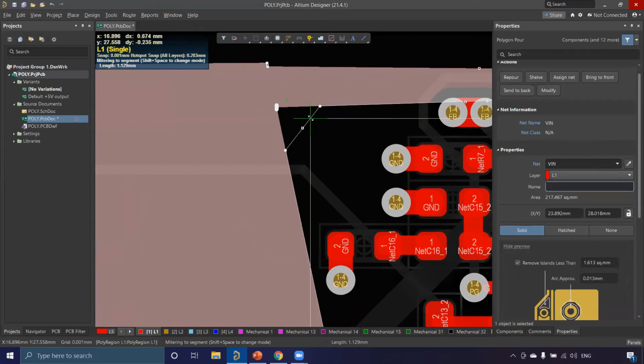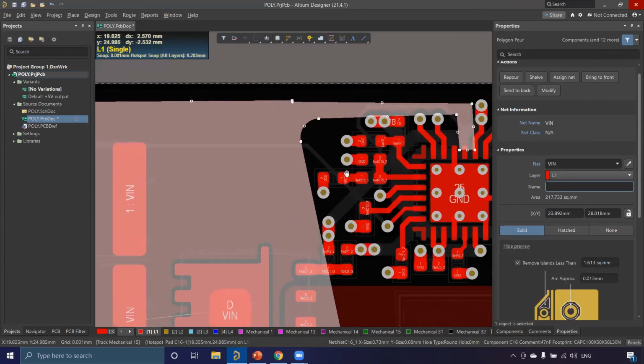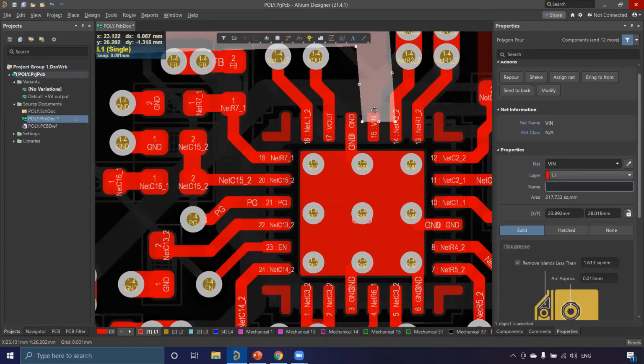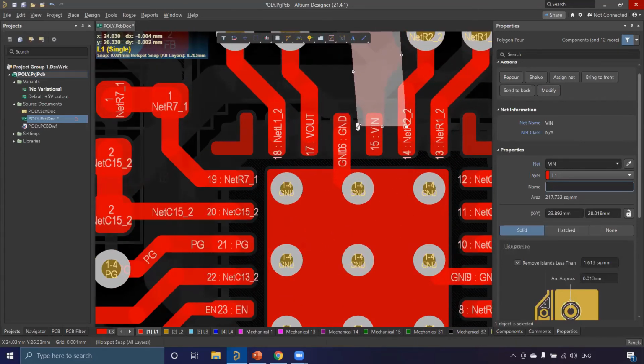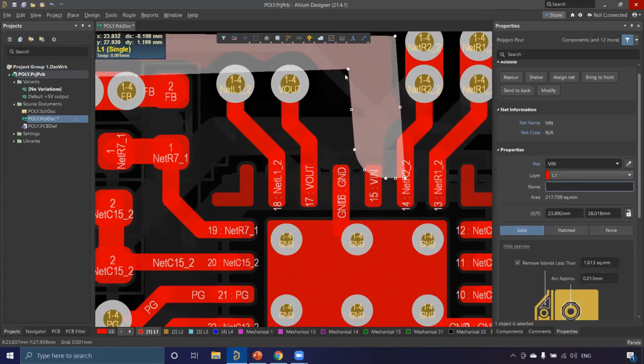Again, shift space bar, mitering to segment. Shift space bar to arc. So you can change it like this, and it will automatically redefine your border shape. You can zoom into the level and then redefine the shape how you want. A nicer shape. You can redefine it on the corners.